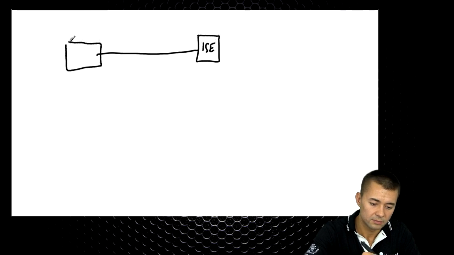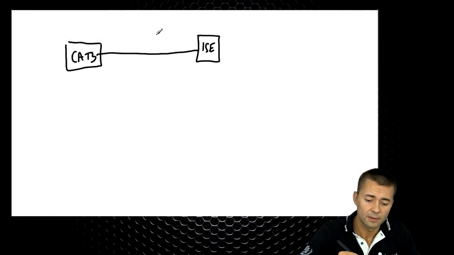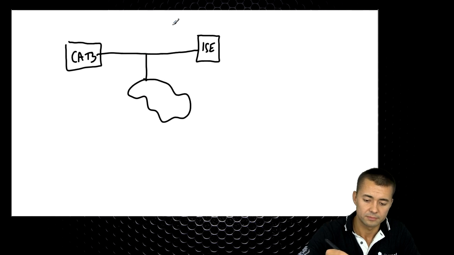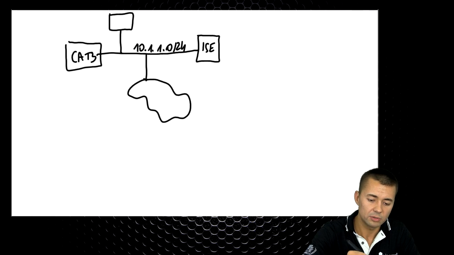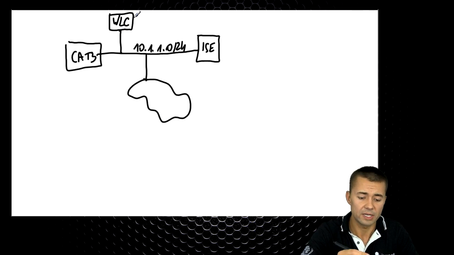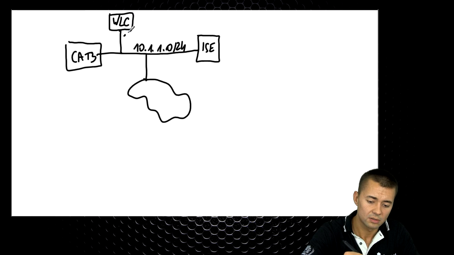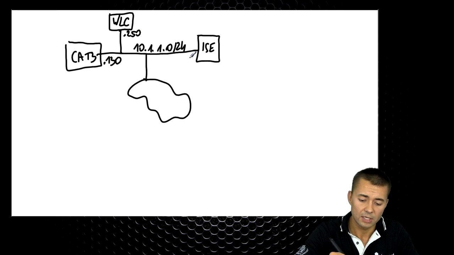Then the switch, Cat-3, is going to have the SVI for this VLAN, in the 10.1.1.0/24 subnet. Now we will also have a WLC management interface in the same VLAN. This is going to be .250 for the WLC, .130 for the switch, and